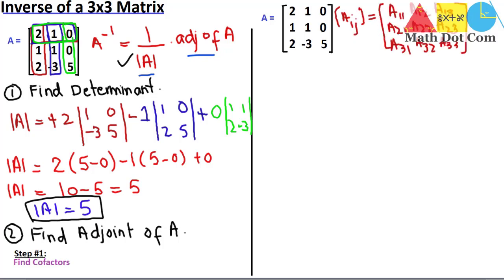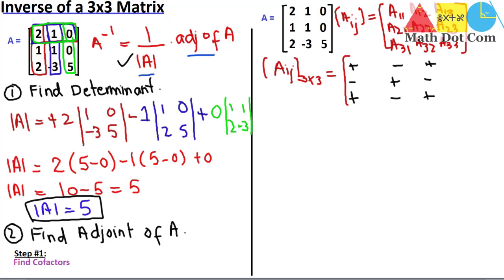Now what is A11, A12, A13? Let's write them. Aij is a 3 into 3 matrix where ij represents the rows and columns, and cofactors are basically the signed minors. So what signs will be there? First we will write the signs, then we'll write the minors. So it will be plus, minus, plus, then minus, plus, minus, then plus, minus, plus. So these will be the signs with the minors.